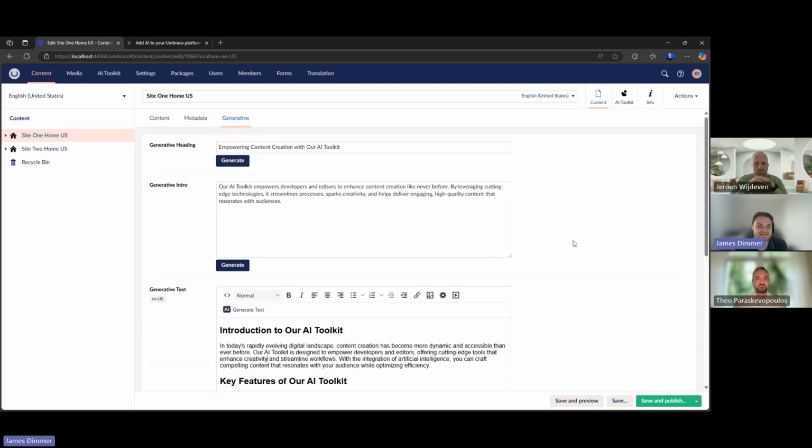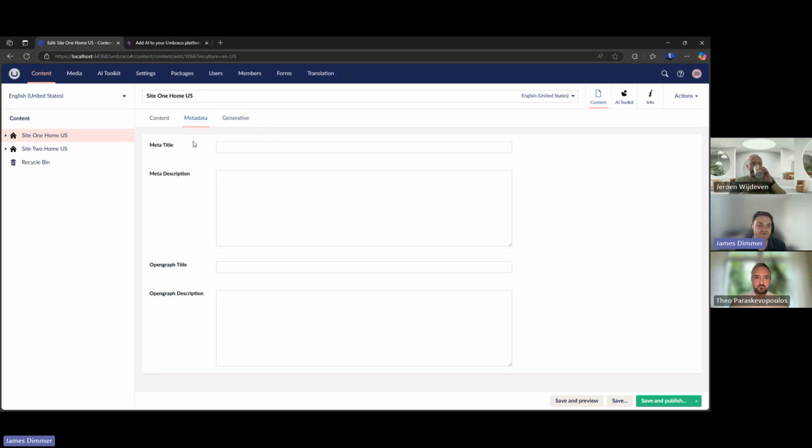Now, the next step with content, and it's a step that not many editors like. If you do, then hats off to you. But it's all around the SEO, the metadata, getting it high up in those rankings on those search engines. And we've got this tab here with just 4 basic fields. You need your title and description for both meta and for your open graph for your sharing. We have omitted meta keywords now. It's something a lot of solutions still do have, but keywords are now redundant in those rankings.